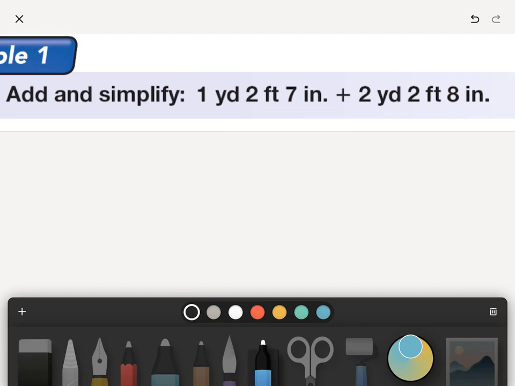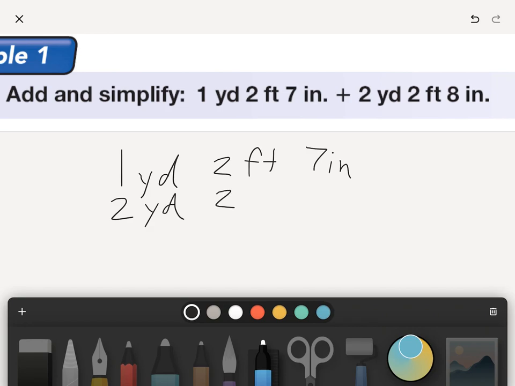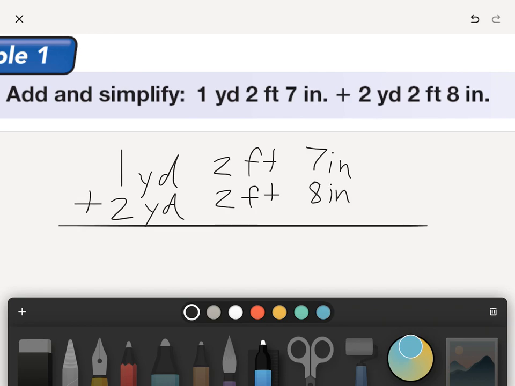So I can just say 1 yard, 2 feet, 7 inches. I feel like I'm kind of not very straight here, but okay. Then plus 2 yards, 2 feet, and 8 inches. Right? And so the first thing happening here is 7 plus 8 is 15 inches,